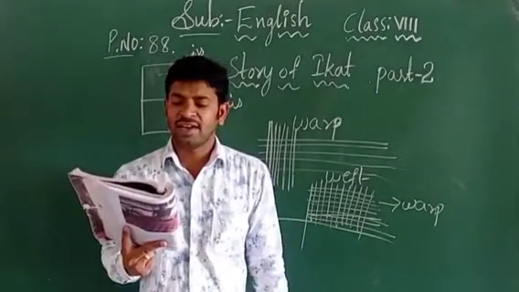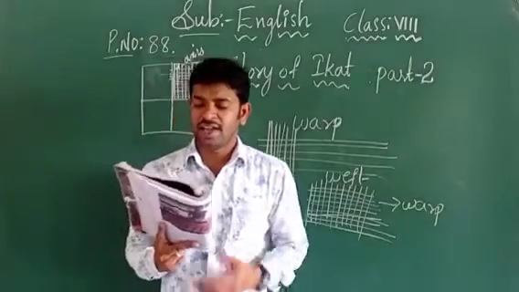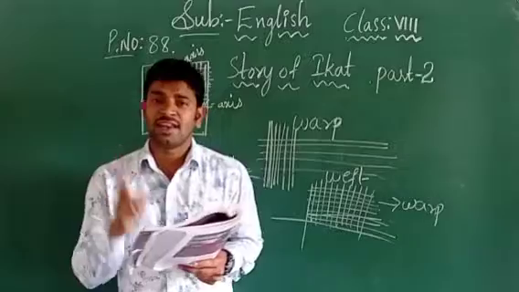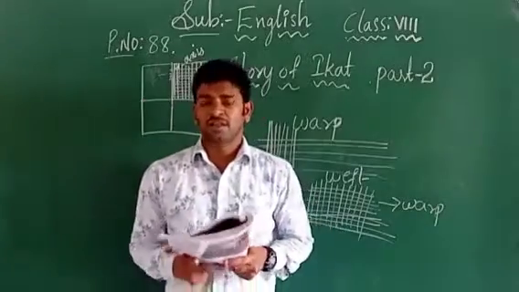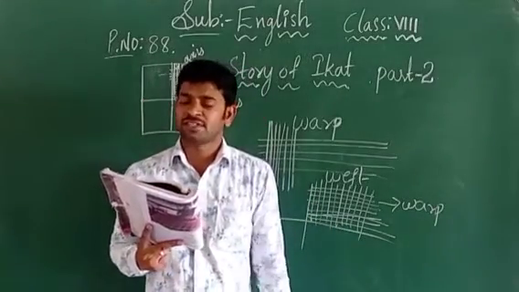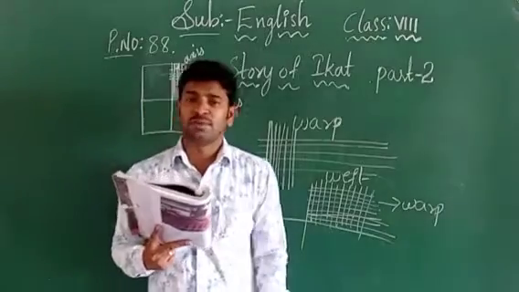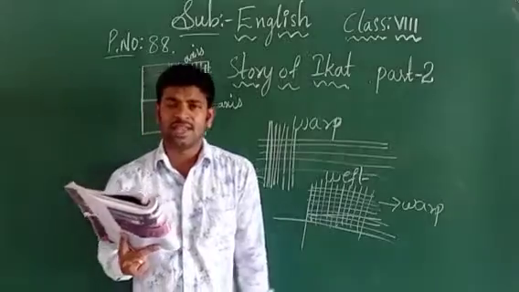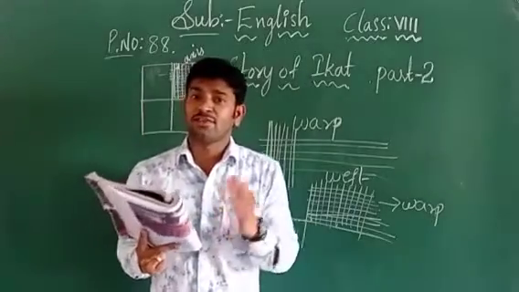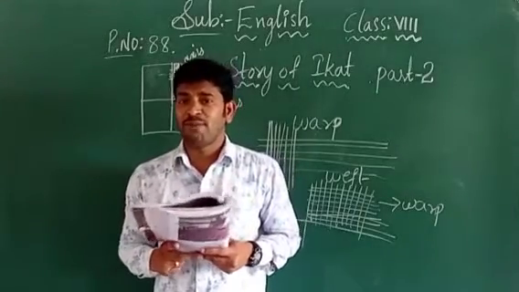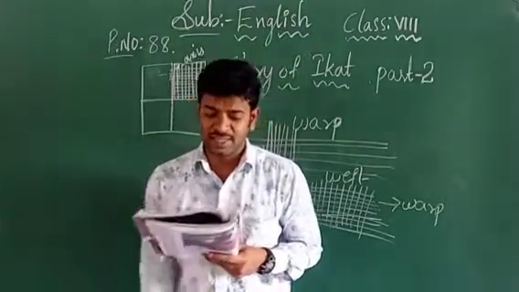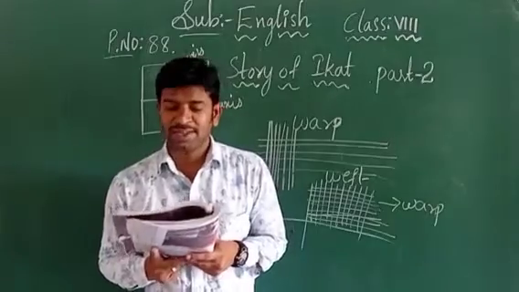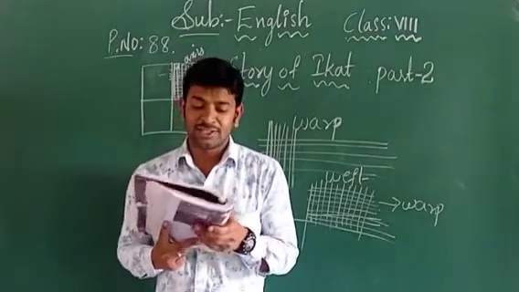We can look at a design or a motif and tie. Ravi looked puzzled. It did not seem simple. So after hearing all the words from the teacher, Ravi was puzzled. That means he was confused, and he recognized that it is not a simple method to make the fabric. Ravi is a very clever student, putting more and more questions to the teacher. Ravi, you are absolutely right. It is not a simple method. The teacher said it is not easy.